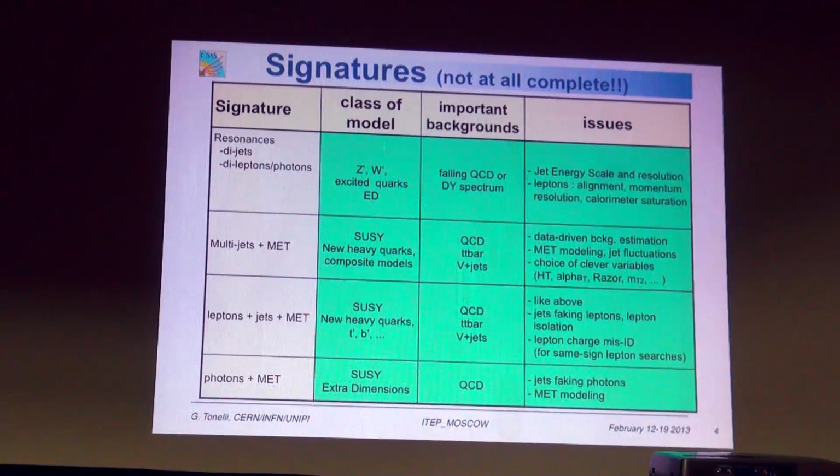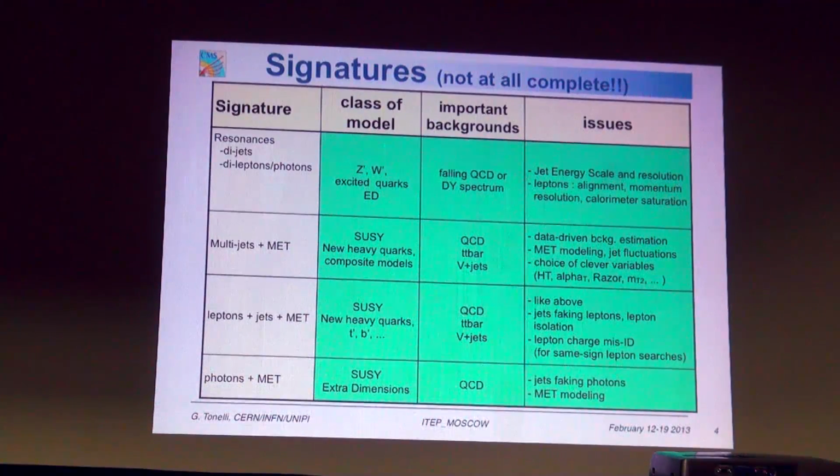And for rare decays, for example, whenever you have leptons plus jets, in this case you look for several leptons in the events. The QCD and electroweak background, the pure physical background, goes almost to zero, but you are overwhelmed by fakes, for example. Jets faking leptons, or problems in the lepton isolation, misidentification of the charge of the lepton. So when you look for very rare decays, even the simplest effects at the detector level or at the reconstruction software level could hit you dramatically.